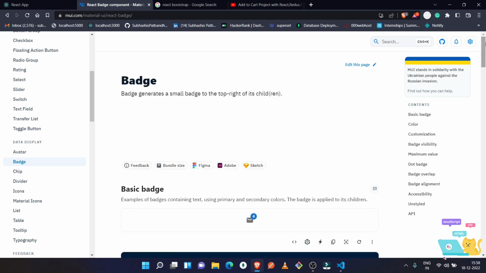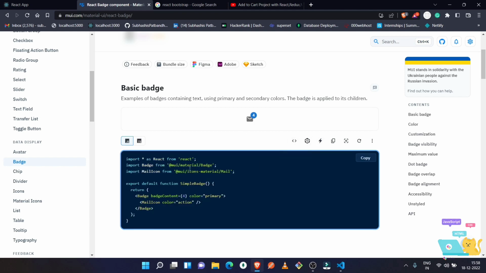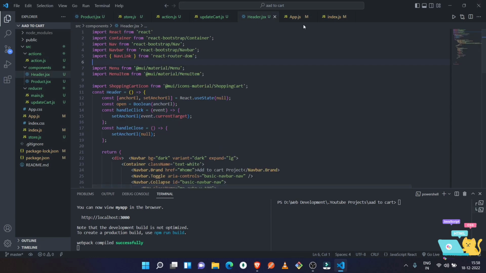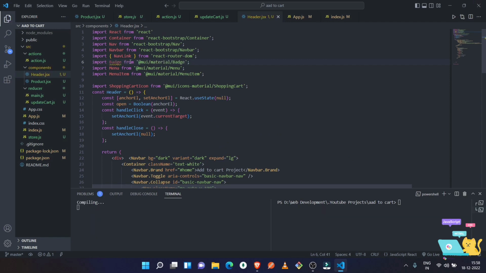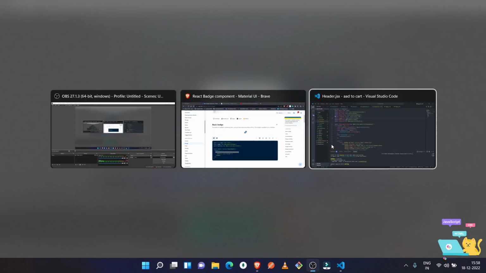I want to copy this badge code. So here I just need to copy this badge import statement, and now go to the header.jsx and inside that just paste it, and after that we have to copy this badge, and then